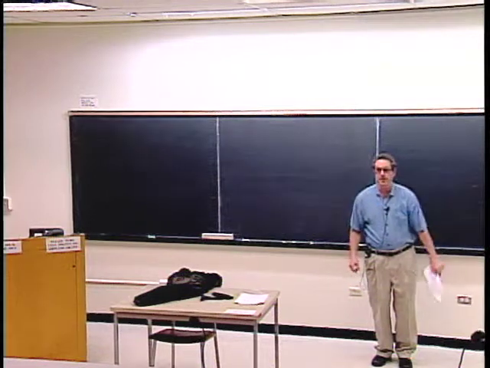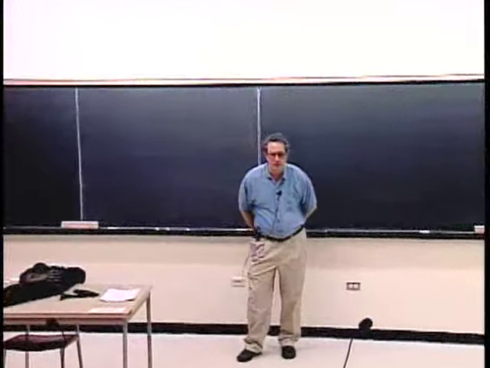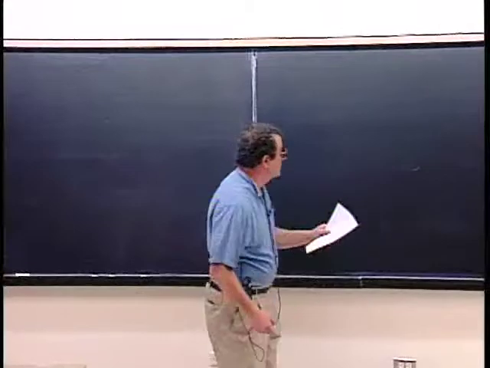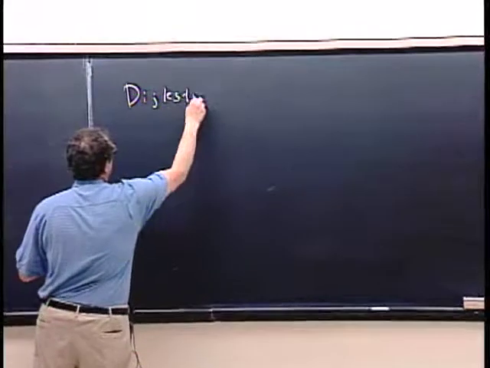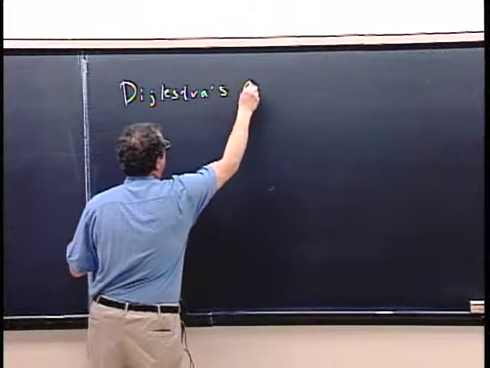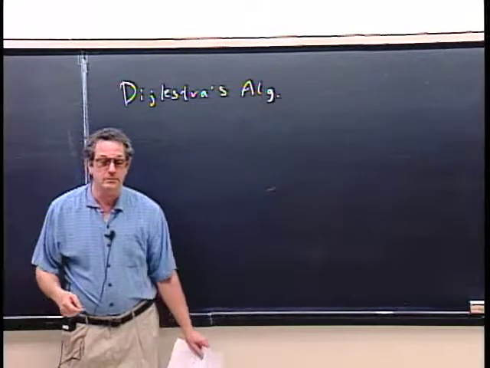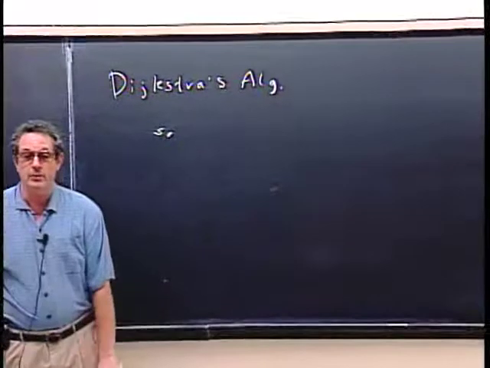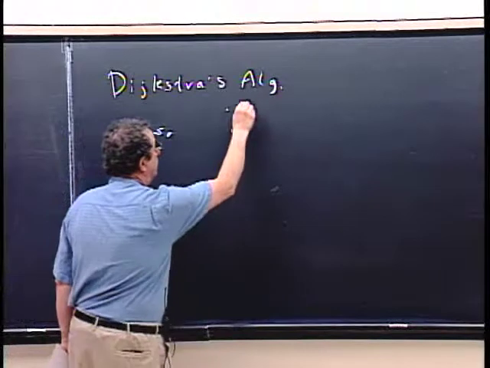Okay, so today I'm going to be talking about a classic algorithm that in the Kleinberg and Tardos book falls in the framework of a greedy algorithm, and this is called Dijkstra's algorithm. Dijkstra's algorithm computes the shortest distance from some fixed initial node S to every other node V in a